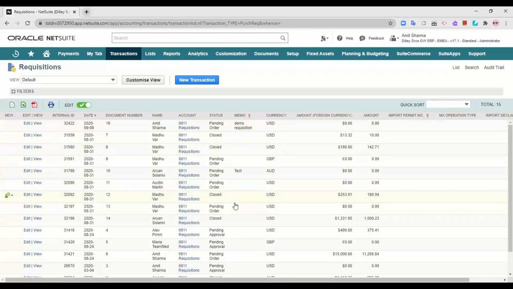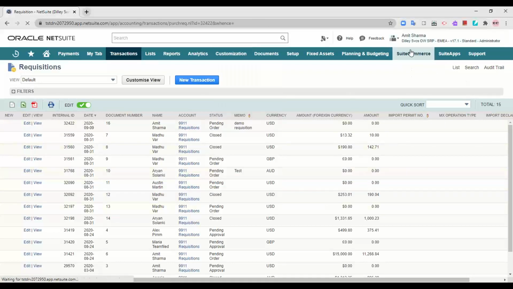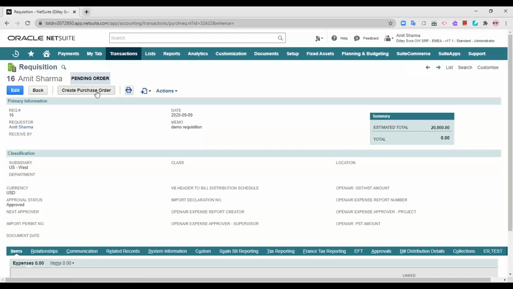Yes, so this was the requisition that we have created. I can directly go from here and create a purchase order. From here, I can directly create the purchase order. So these are the subsidiaries I have selected.